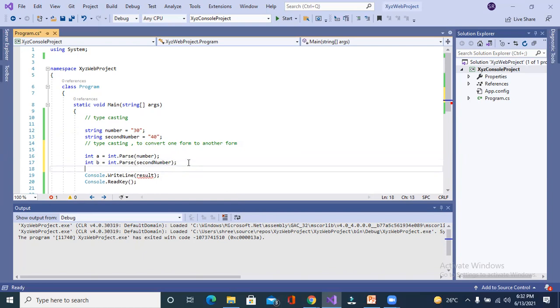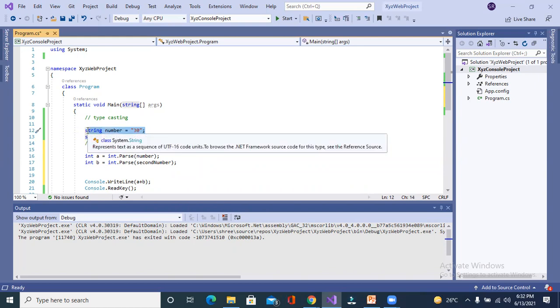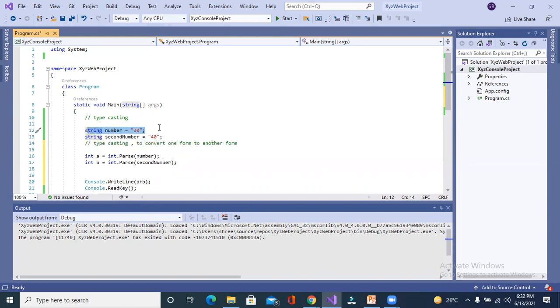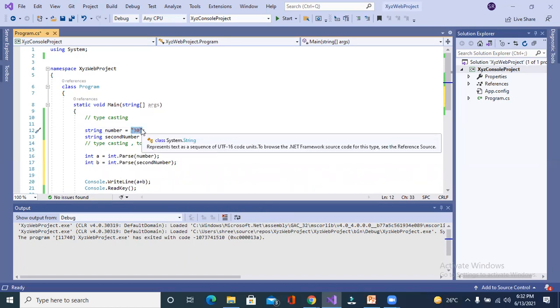So try to understand the point first. What I did, 30 was a string. If you want to add 30 and 40, it will simply concatenate both strings. But my motive is to do an arithmetic operation like addition of two numbers. If you want to do addition of two numbers, first of all you have to convert string to integer.